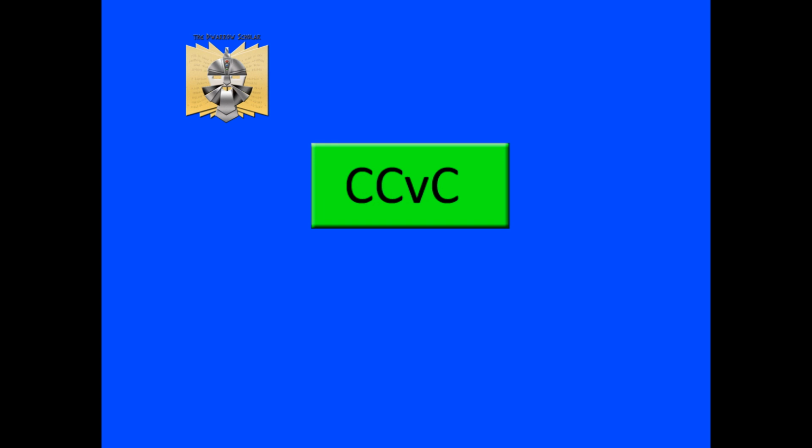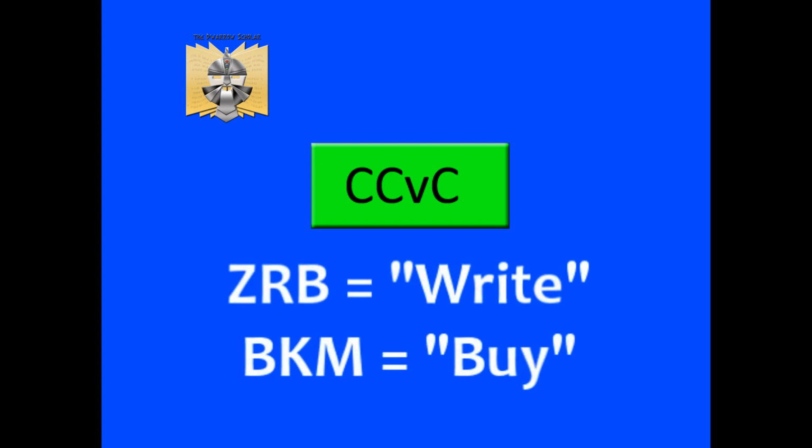A few examples, taking some of the roots we saw in our previous lesson. So, the concept of writing is ZRB. Those are the radicals, the root, basically, of that concept. Remember, for instance, Mazarbul, which is record or that which is written. It uses as well those three radicals. The concept of buying is BKM. Remember, Bakama, he bought in the perfect tense.